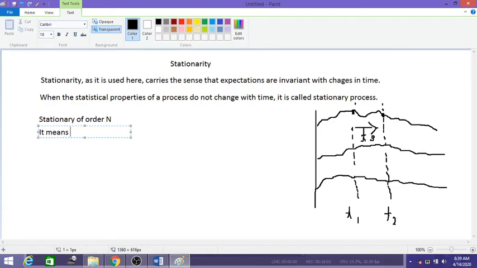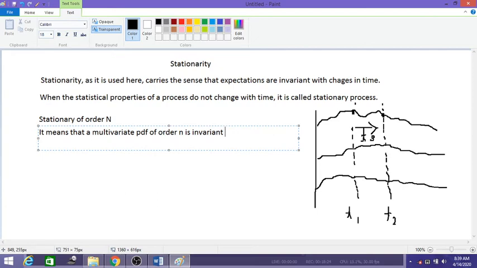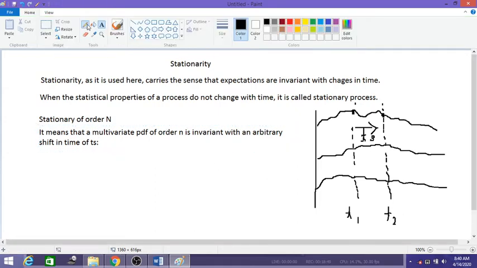So it means that a multivariate, let me expand this, if the multivariate PDF of order n is invariant with an arbitrary shift in time of ts, then we call it a stationary process. So now let us take a random process x of t observed at different time instances. For example, we have taken two time instances only. Now if it is observed at different time instances t1, t2, t3, and likewise up to tn, then its